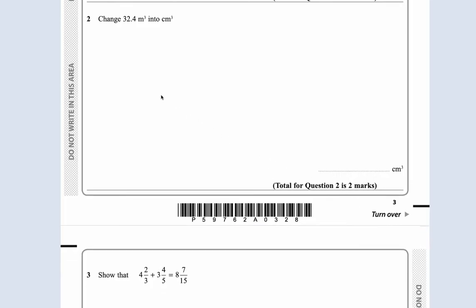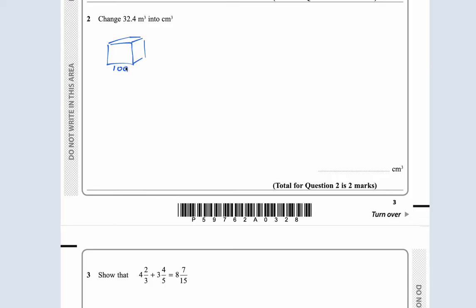Question 2. Change 32.4 meters cubed into centimeters cubed. Right, be very careful guys. Straight away, our question 2, we have quite a tricky question. A meter cubed. Imagine we have a cube meter. Imagine this is a meter cubed. Now if this is a meter cubed, this is 1 meter by 1 meter by 1 meter, which means it's